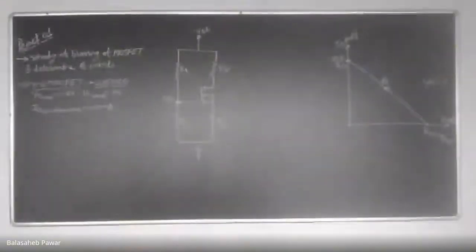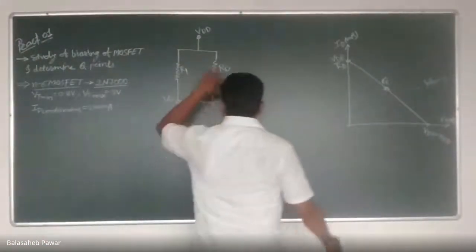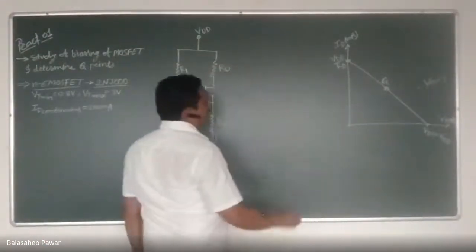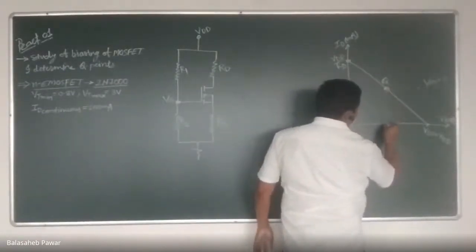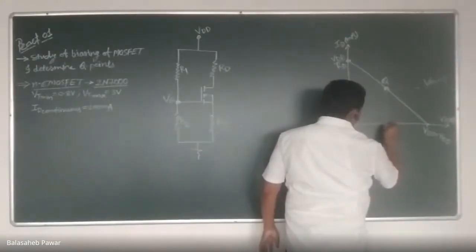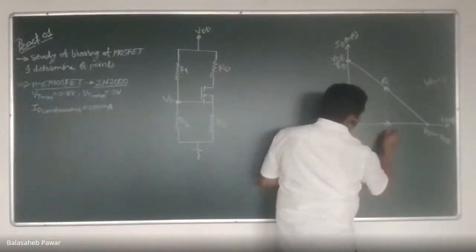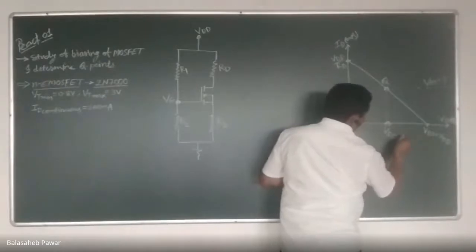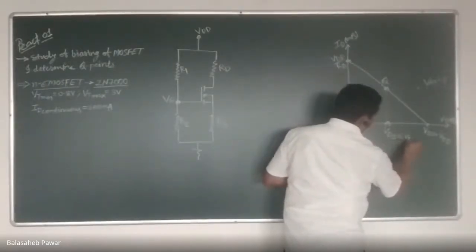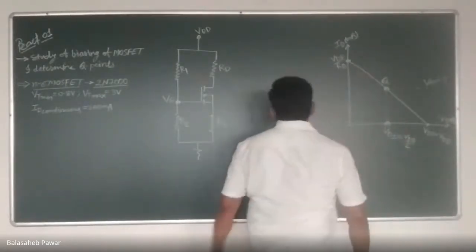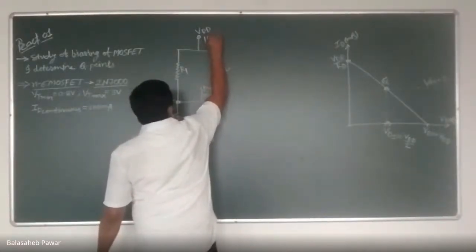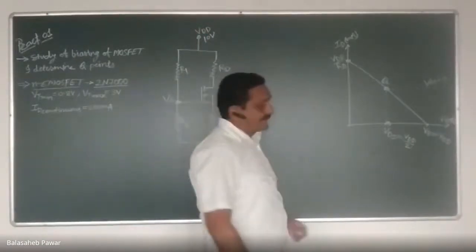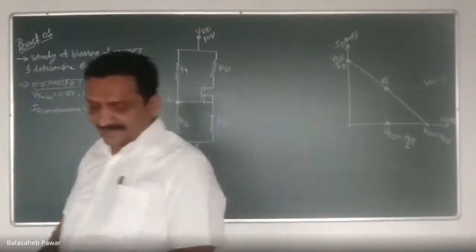Okay, so that respective value of VGS we have to find out so that this transistor is going to work in the saturation region and at the middle of that load line. So whenever we apply a particular value of VGS, the obtained VDS should be equal to half of VDD. So consider VDD we are going to use is 10 volts. Note it down properly. VDD is 10 volts.